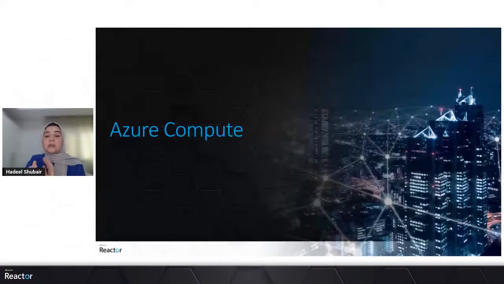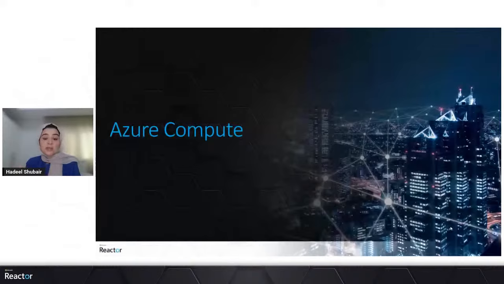Let's move on and explore more about what Azure Compute is. Azure Compute is a compute service provided by Microsoft Azure. It is responsible for hosting services for applications and running the application workloads with the availability of a live application.